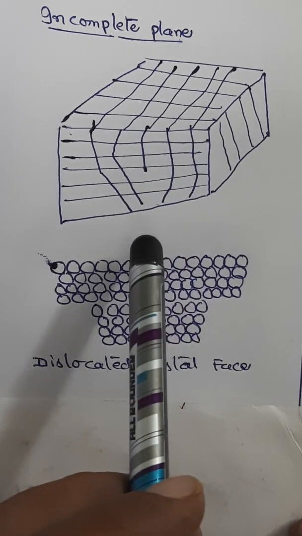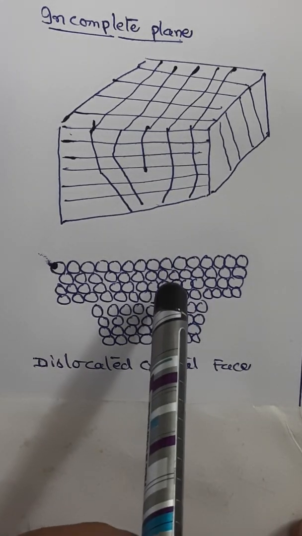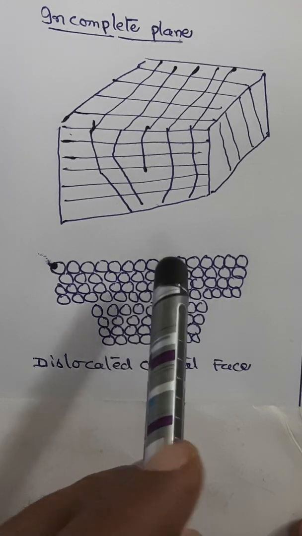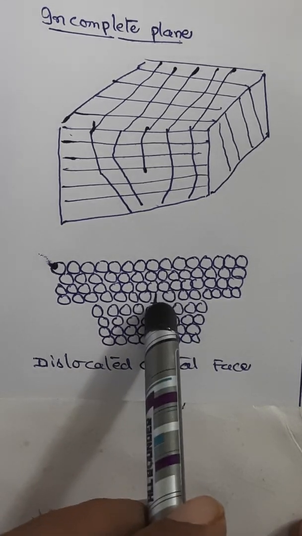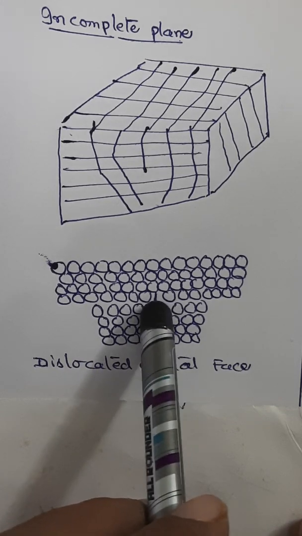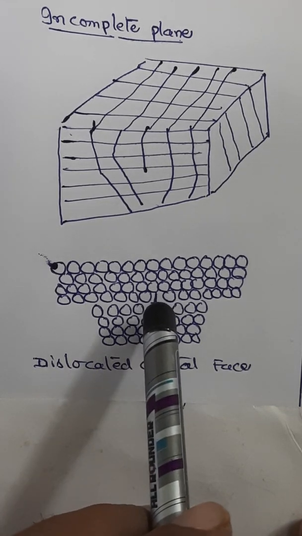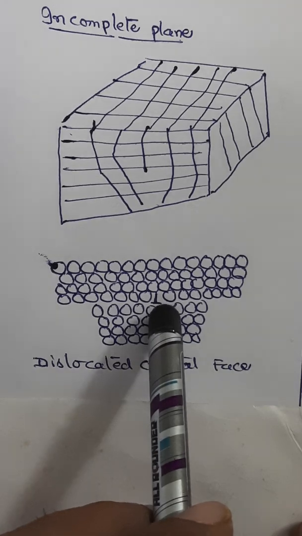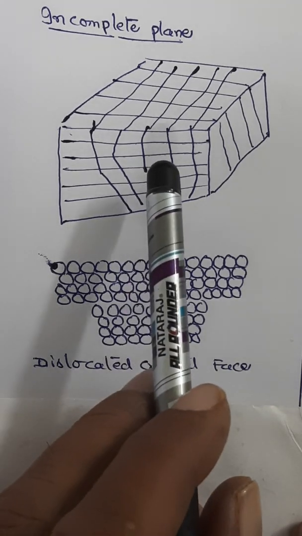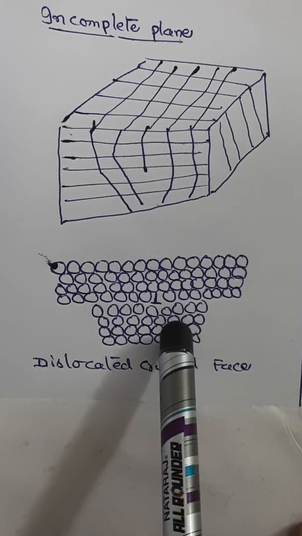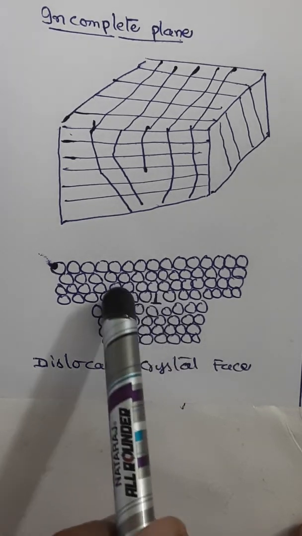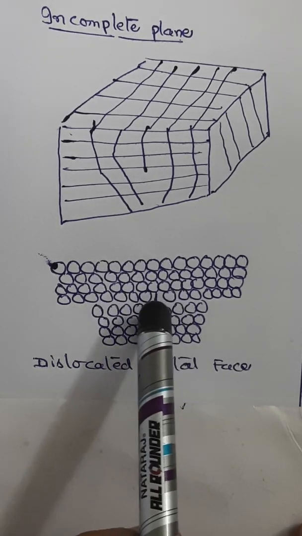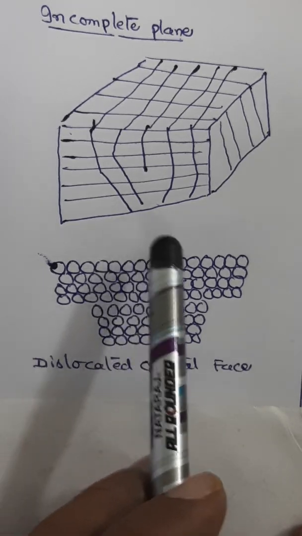That means it represents a line imperfection and therefore is called an edge dislocation, and it is represented by this perpendicular symbol here. This dislocation is due to the imperfect matching of vertical planes of the upper and lower surfaces of the crystal while preparing the crystal. Edge dislocation may also be due to the slipping of atomic planes over one another.